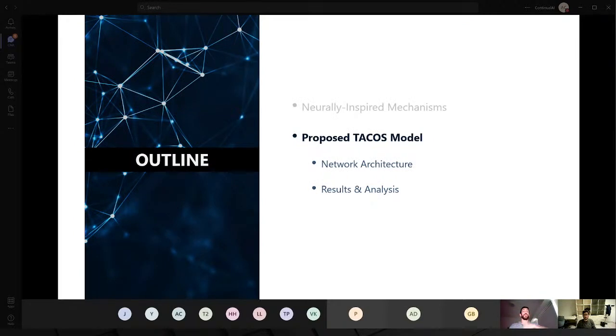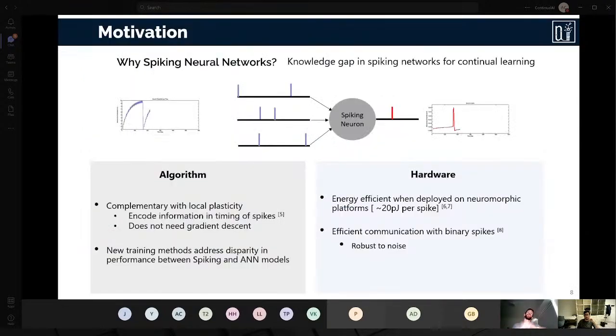So for the proposed TACOS model, I'll quickly talk about why we wanted to look at the spiking paradigm for this problem, then explain the architecture, and then some of our results that we published at ICML. So, a brief introduction to spiking. We're not going to get too into the math behind it, but instead of your traditional rate-based neurons, which receive some input stimulus and produce an immediate activation, like a ReLU function, where you're given some value and you produce that value as long as it's greater than 0,